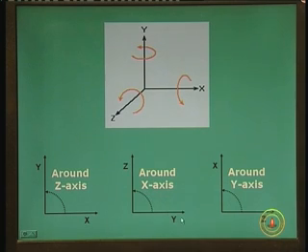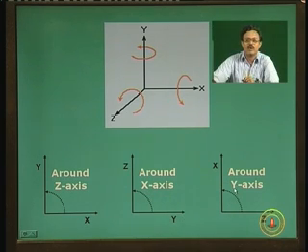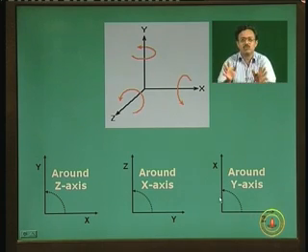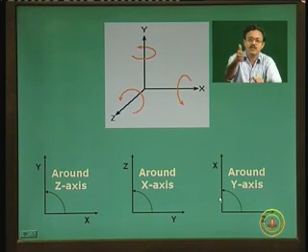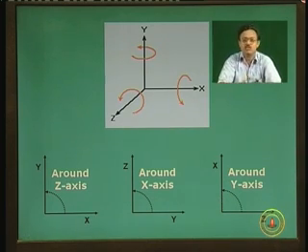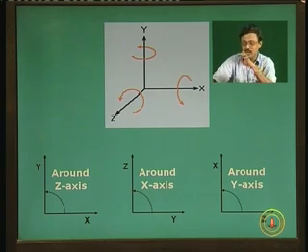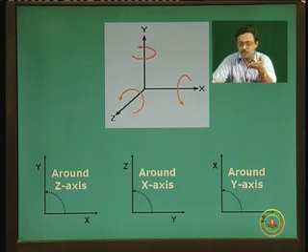Rotation about x axis will cause rotation from y to z, and rotation about y axis will cause rotation from z to x. Okay. So, if you have understood the convention of positive rotation, either by the thumb rule, or looking down towards the origin from the positive axis and looking counterclockwise, then we will now look into the transformation matrix and see where the sign is kept to ensure that this consistency is kept in the 3 rotation matrices for rotation around z, around x and around y respectively.